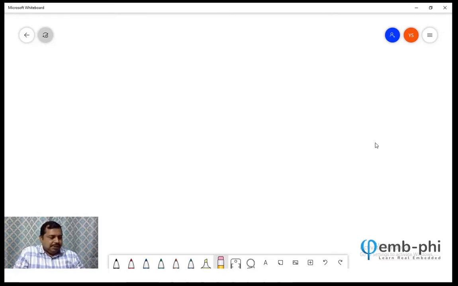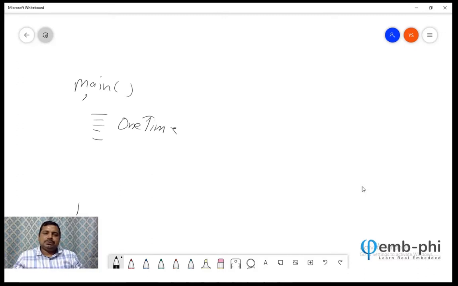So when we are writing an embedded application, we write a main function, and in the main function we do some work here, and this work is a one time job. So one time job, and after that we have an infinite loop, while one, like this. So in the embedded world, how does a device work? It starts from here. Of course you have not yet written in C language, but I can write the same thing in assembly also.